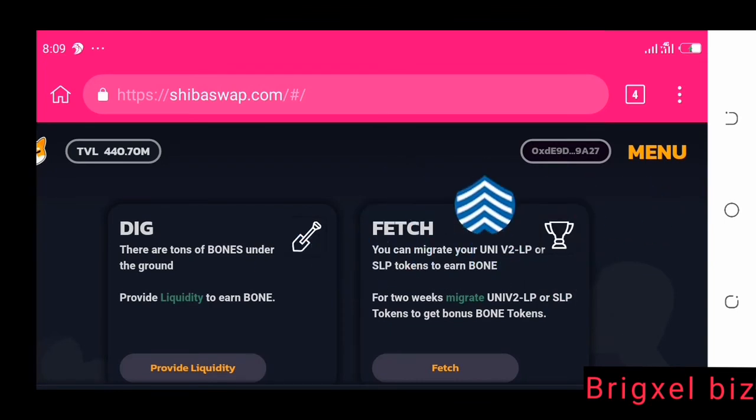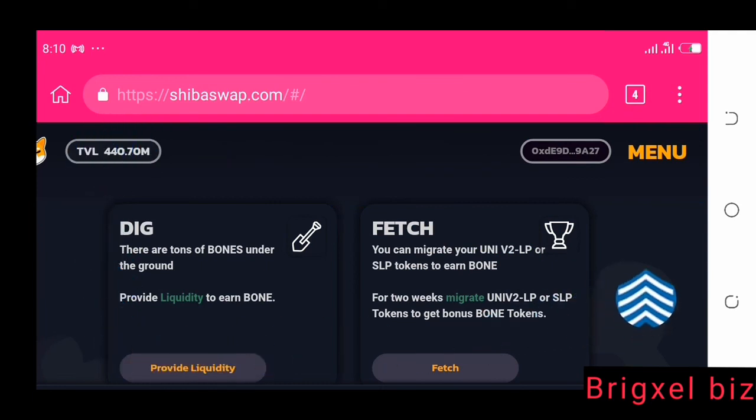Metamask extension to Shibaswap, okay. I have a video where I showed how you can connect your Metamask wallet as an app to Shibaswap, okay. The Metamask app, downloaded app on your mobile device, how you can connect it to Shibaswap. I'm gonna leave the link of that video below the description of this video, okay. So if you want to know how you can connect the Metamask app downloaded on your mobile phone to Shibaswap, watch that video. What I basically showed is how you can connect the Metamask extension, Metamask Chrome extension to